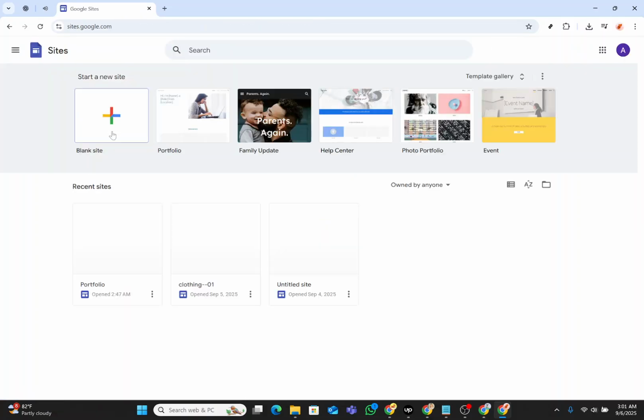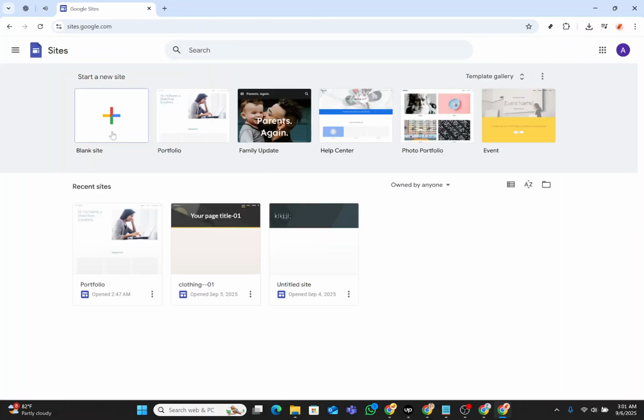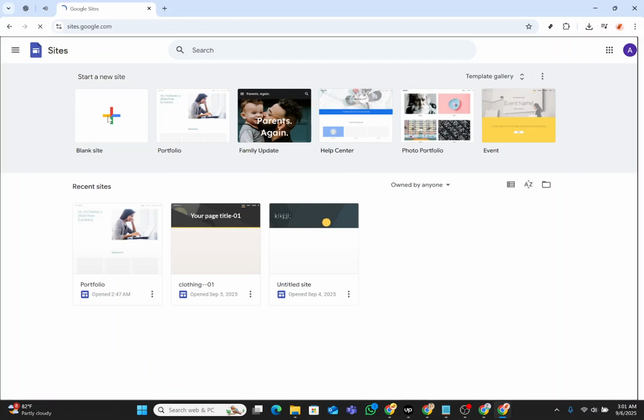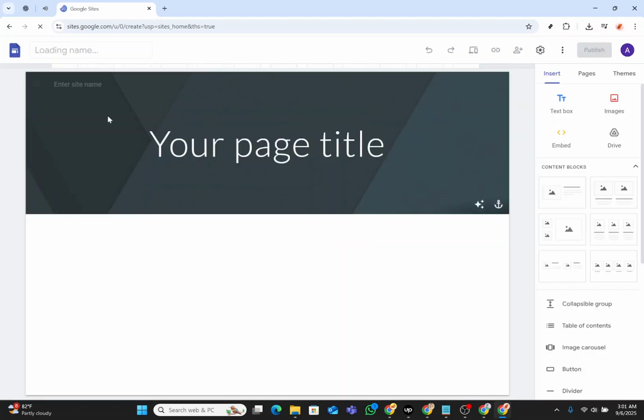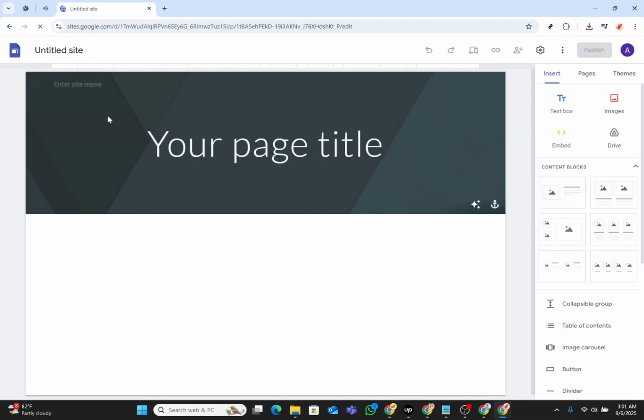Once there, you'll want to select the website you'd like to work on. If this is your first time creating a site, just go ahead and choose the option to start a new one. Click on the site that you'd like to edit, and you'll find yourself inside the Google Sites editor. Here, on the editor page,